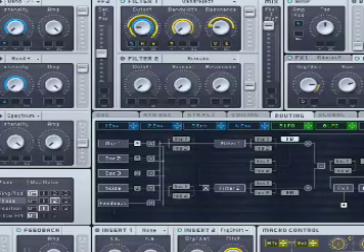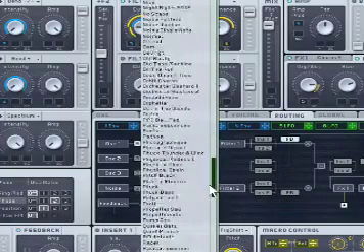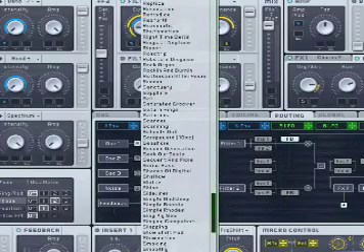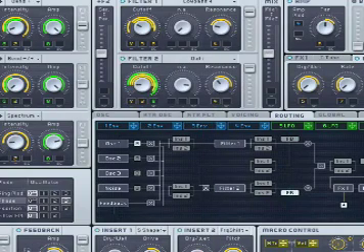Now let's get back to our macro control knob assignments. Load the sound Rampage. Now take a look at Oscillator 1. The small yellow numbers beneath the control knobs indicate